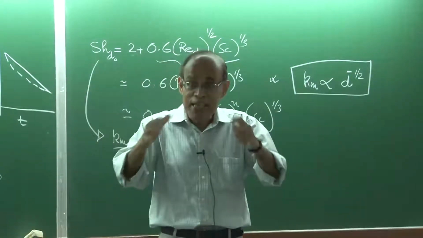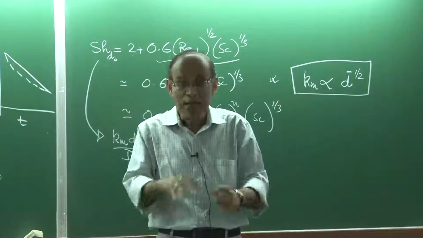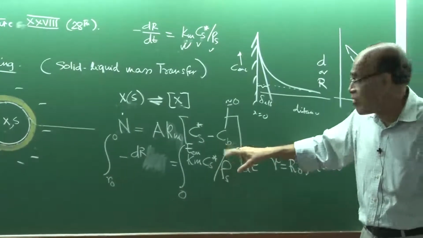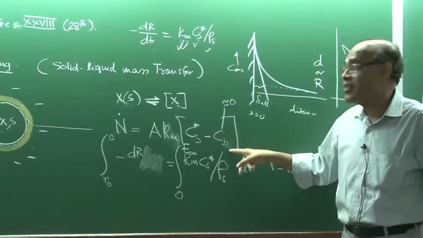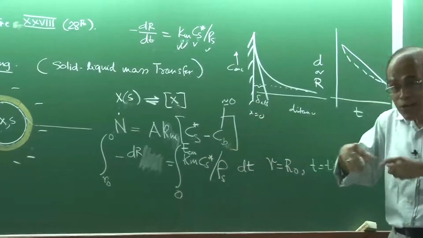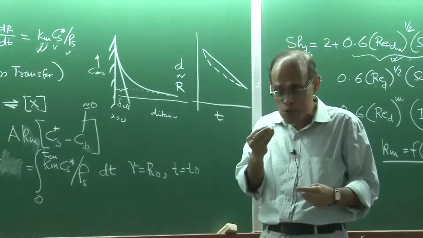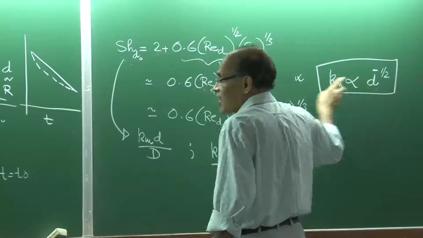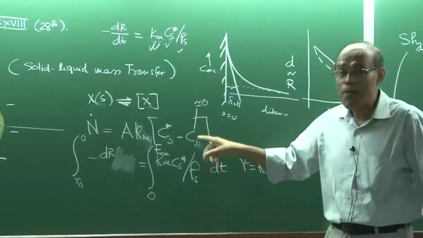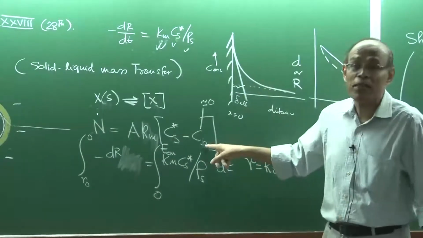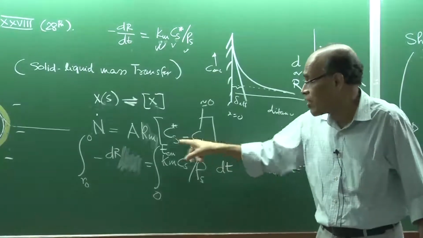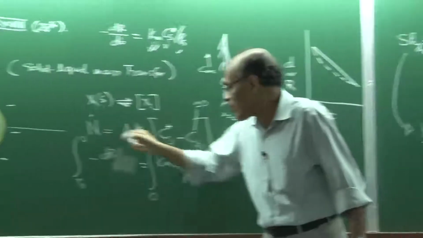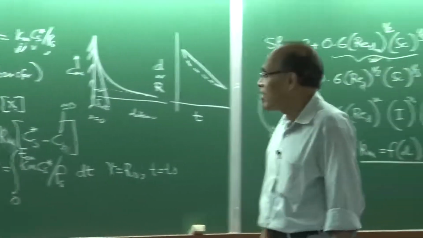Initially, what happens within the cupboard itself? There is no naphthalene vapor; the bulk concentration is equal to 0. So the driving force for mass transfer is extremely large. On the other hand, after some time the diameter has rapidly decreased to a smaller size. Even though the mass transfer coefficient becomes larger in that case because the diameter is smaller, the cupboard becomes filled with naphthalene vapor, and as a result the driving force for mass transfer becomes very